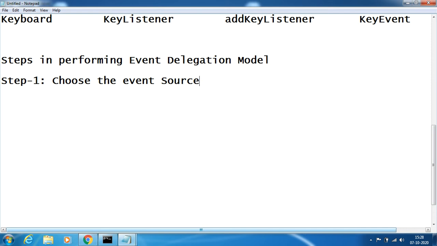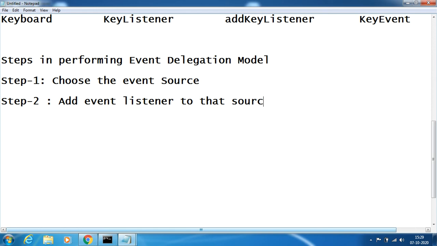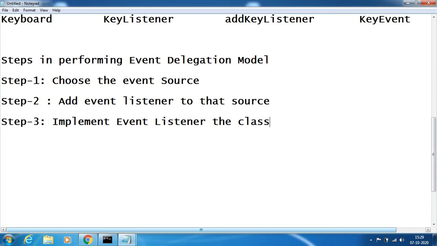Step 2 is add the event listener to that source. Step 3 is implement the event listener to the class.